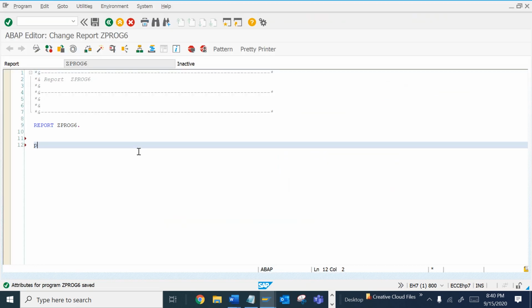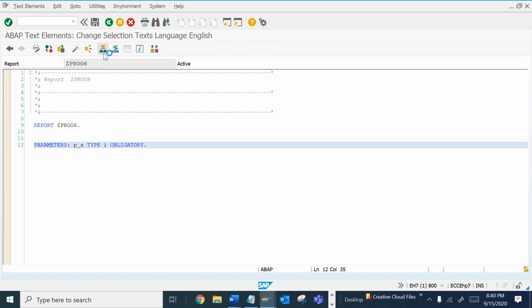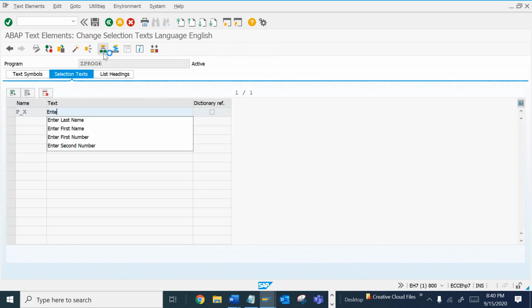So we'll do it as a parameter. Let's make it p_x, of type integer, and make it mandatory, and also create a label for this text as enter number.